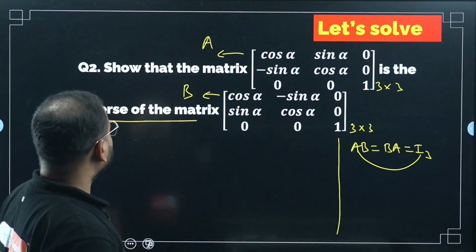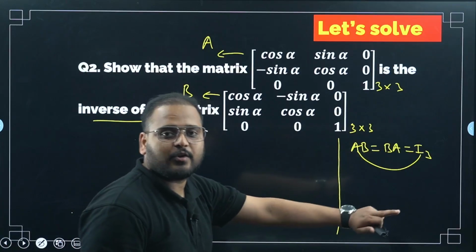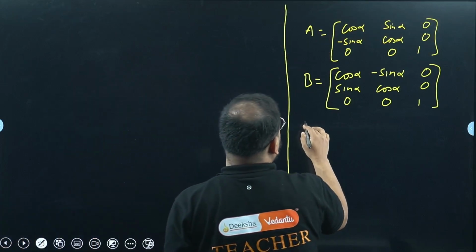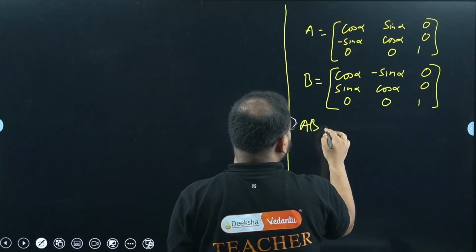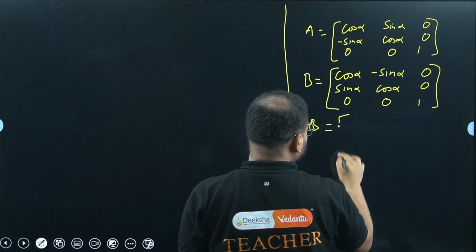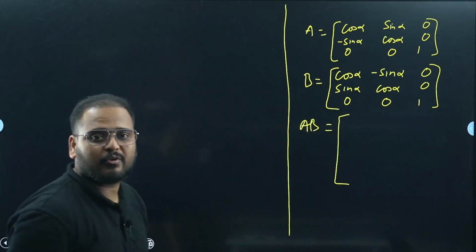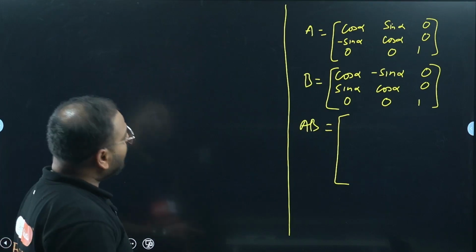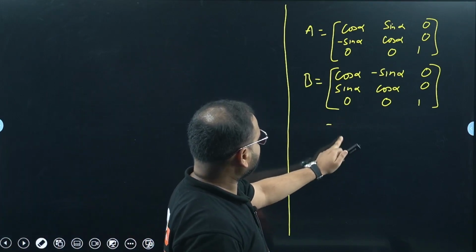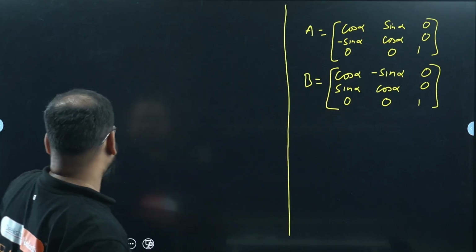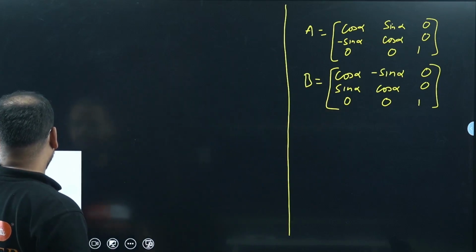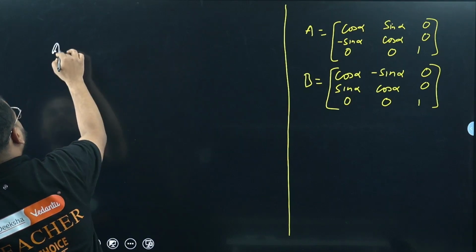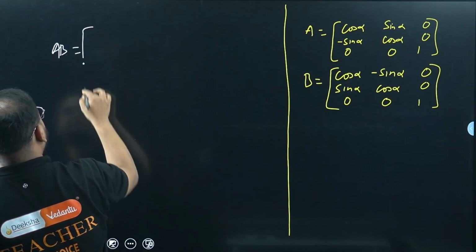Okay. All right. So what you have to do here? Again, AB we will try to find out. So multiplication. That's why I said multiplication is very important. Why is it important, sir? Because a lot of questions will be based on this only. So you have to use this multiplication all this time. If you have a little big matrix, we'll write out on this side. Okay, let's start. Patiently we'll write AB.